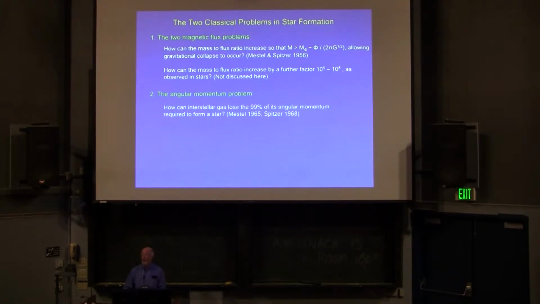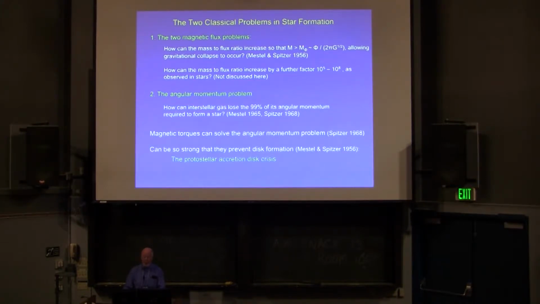The second classical problem is the angular momentum problem. You can estimate the amount of angular momentum that you get in interstellar gas by just looking at the amount of angular momentum that you have because of the rotation of the galaxy. And then you look at the amount of angular momentum in the solar system, and you can see that there's a huge discrepancy by a couple of orders of magnitude. So where does that go? Interestingly enough, Spitzer long ago figured out that the first problem could solve the second problem, that is, magnetic torques could be very effective at removing angular momentum.